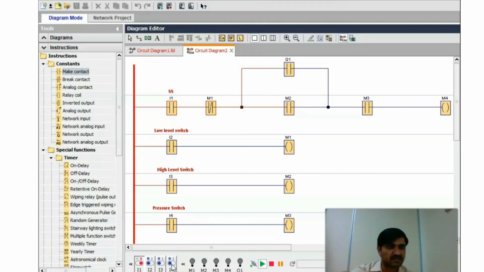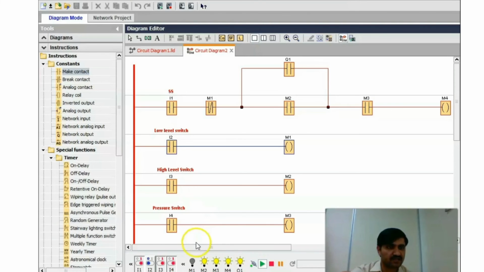So let's consider our line pressure is low and I4 is also on. The other condition is the water tank level should be high, never low. We will turn on I3. See, when we turn on the I3, our pump started.